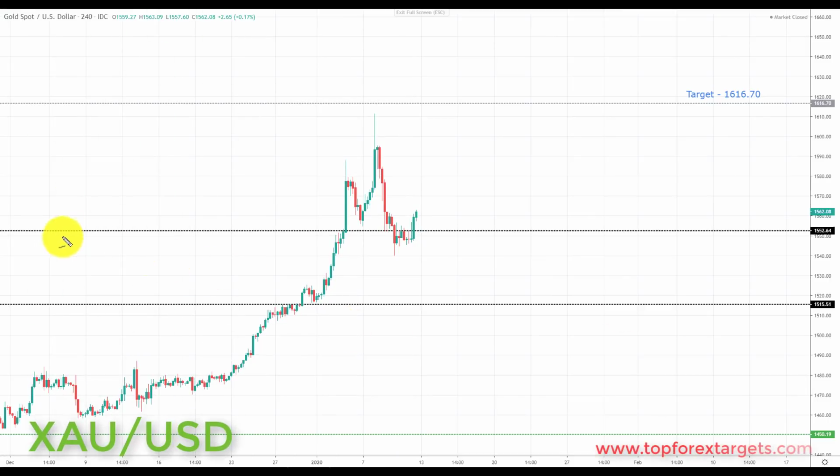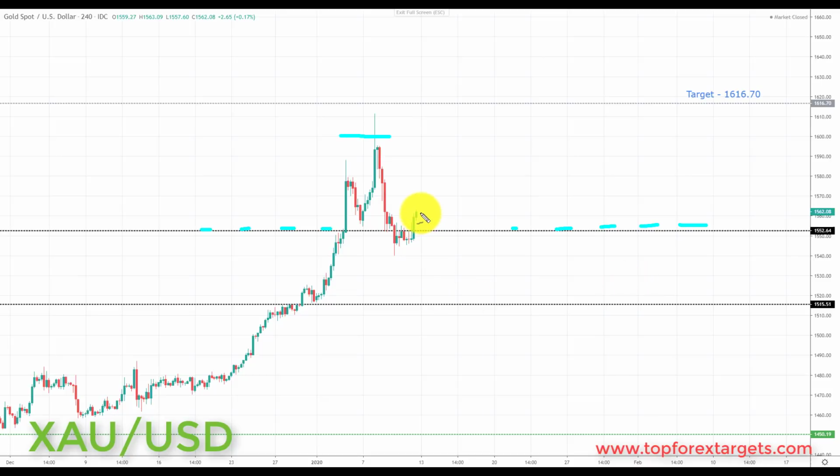Now last but by no means least, we have gold. Now last week we were looking for further advances to the upside, and we did come around and take out the target set from last week at the 1589.98 before selling off as profit taking came in. So very simply put, going into this week, we are focused on bullish setups in gold. We are looking for further advances in this market. We currently sit at a key area of broken resistance from the past, already turning support at the 1552.64.